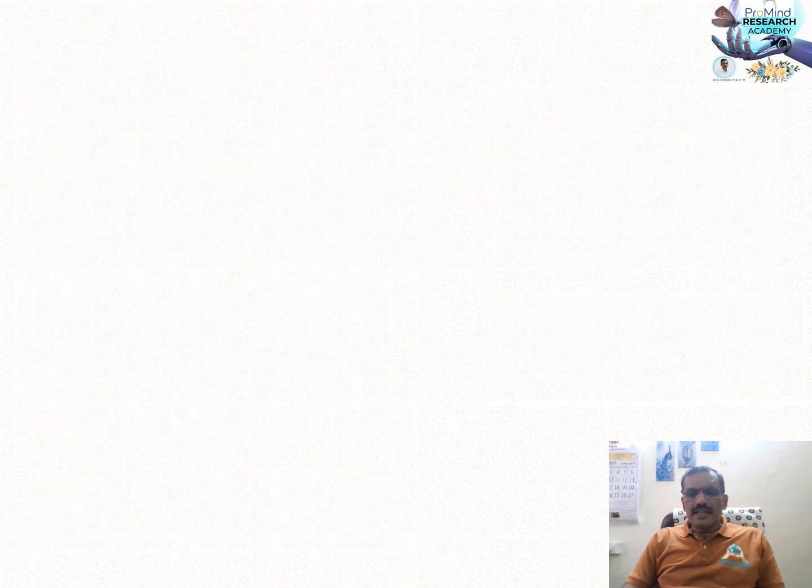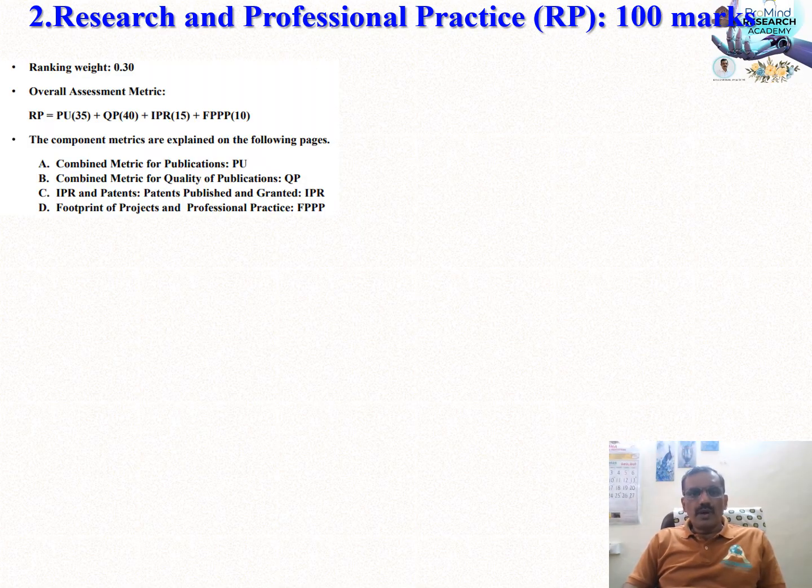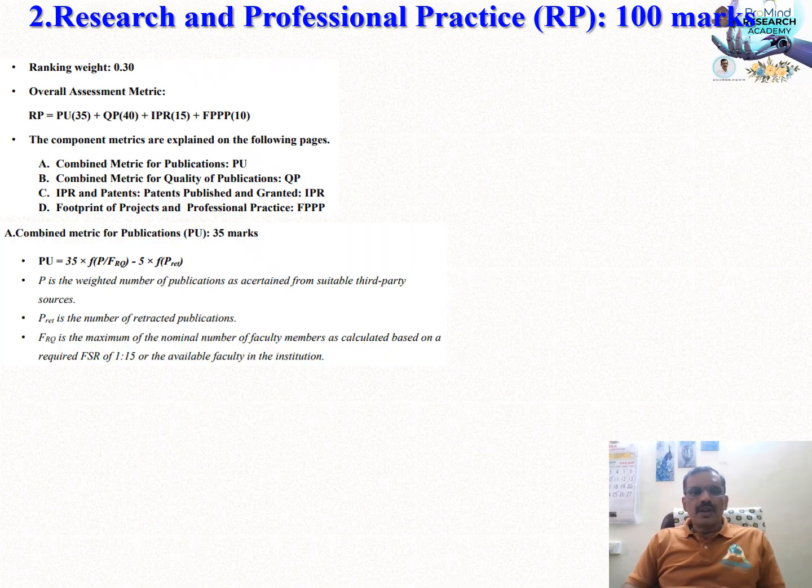Second, there is a minor change in this particular category, that is research and professional practices, 100 marks. The ranking weightage once again is 30%, so the 100 marks will be reduced to 30. It consists of 4 components: combined metric for publications, quality of publications, patents published and granted, and projects and professional practices. So the 4 criteria remain constant, but in the individual criteria, if you see combined metric for publications, in previous years there